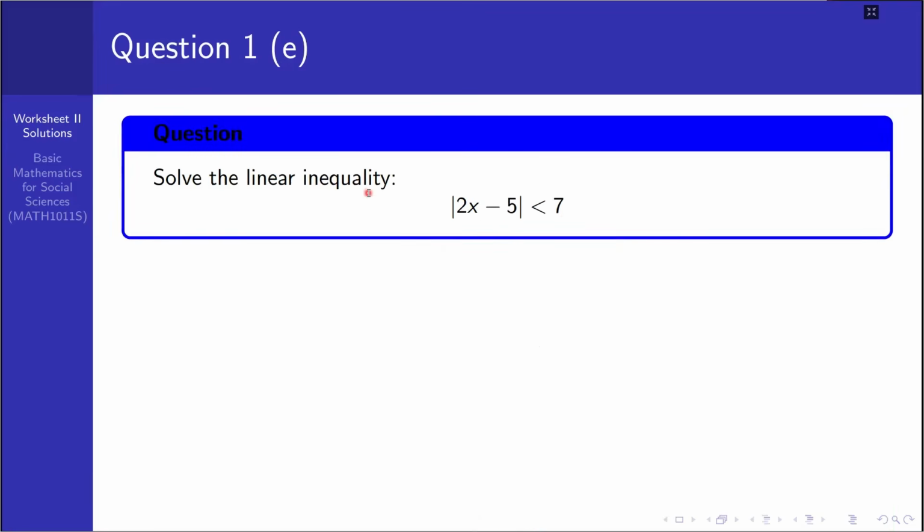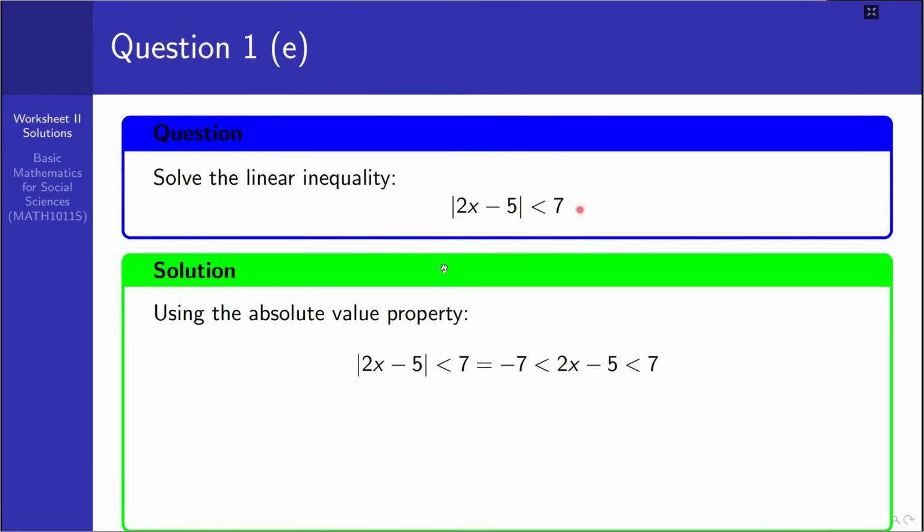Next, it is an absolute value. Solve the linear inequality, that is the absolute value of 2x minus 5 less than 7. Therefore, using the absolute value property, the absolute value of 2x minus 5 less than 7 means that 2x minus 5 must be in between negative 7 and positive 7. So that we have two inequality signs here, and three terms are connected by using these two inequalities. Therefore, in order to find the possible values of the variable x that can make this inequality true,